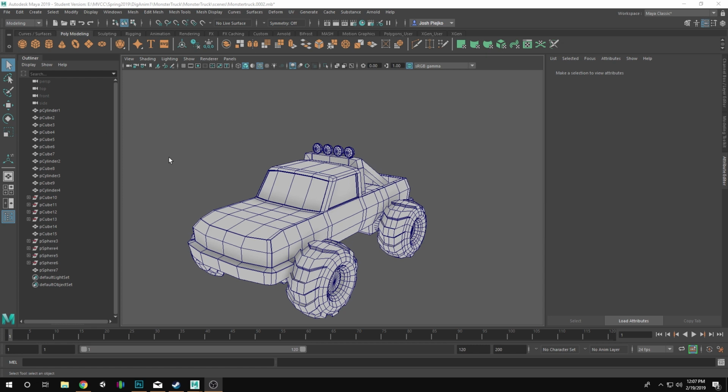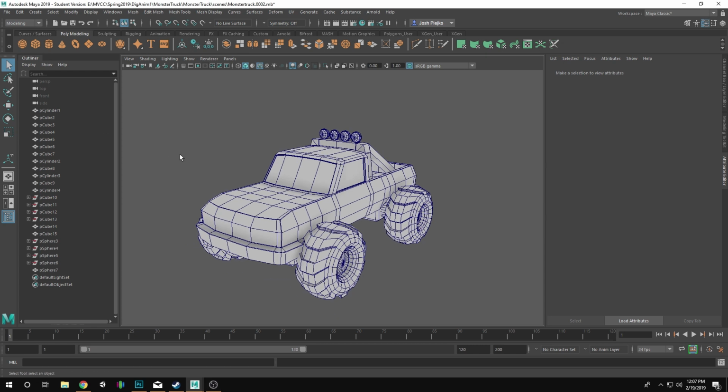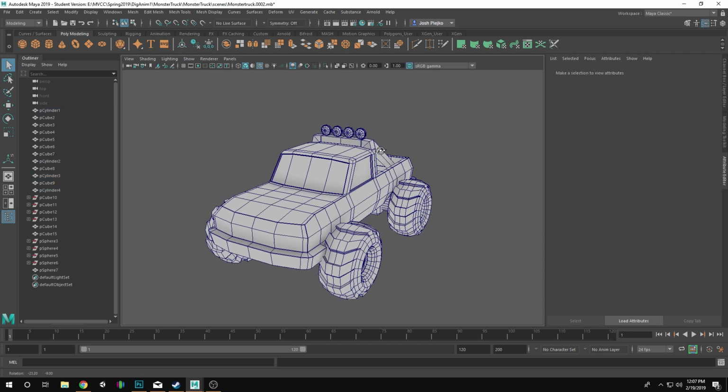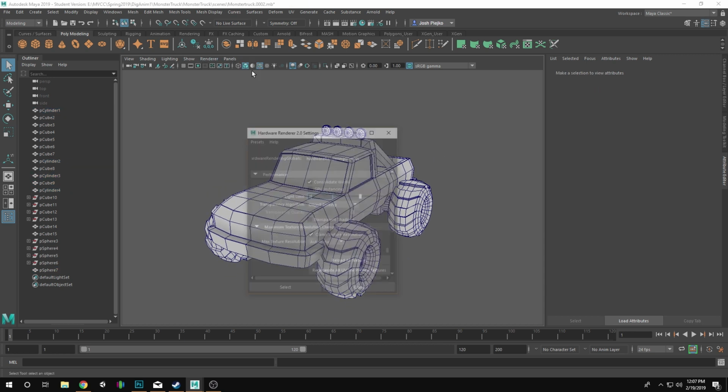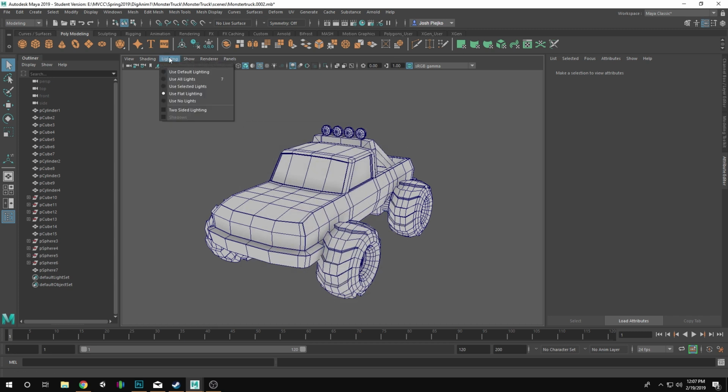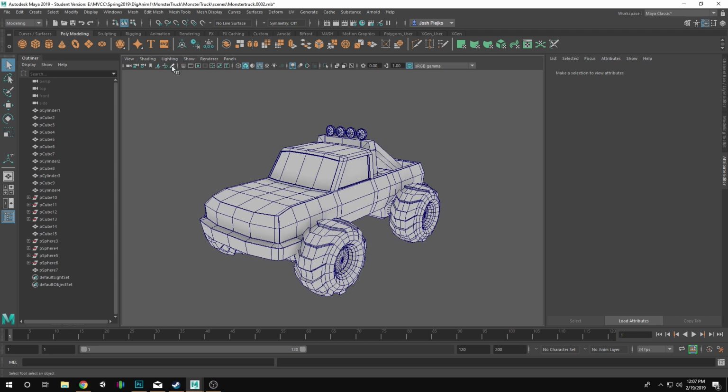Hi everyone, what we're going to be doing today is creating a monster truck. This is a very low poly monster truck. Right now I have a couple things that make this look this way. The ambient occlusion is on and I have my lighting as flat lighting so that we can see